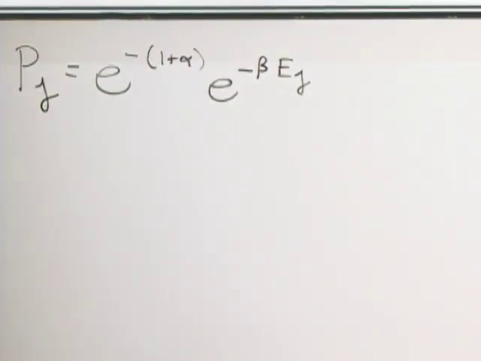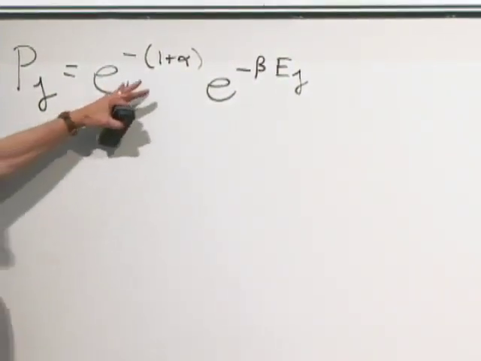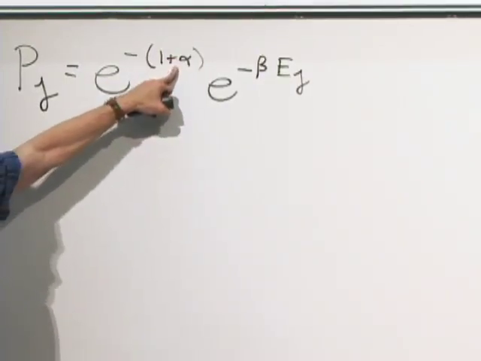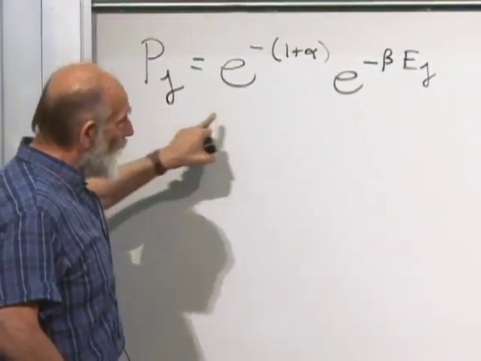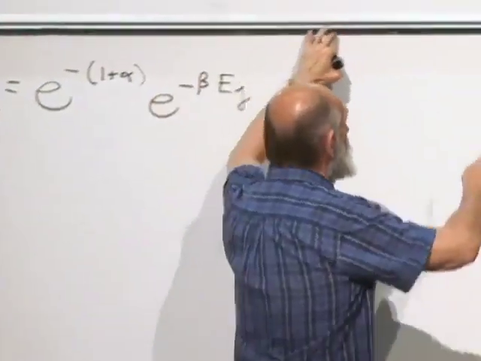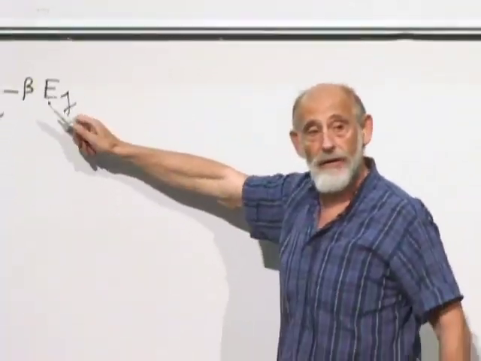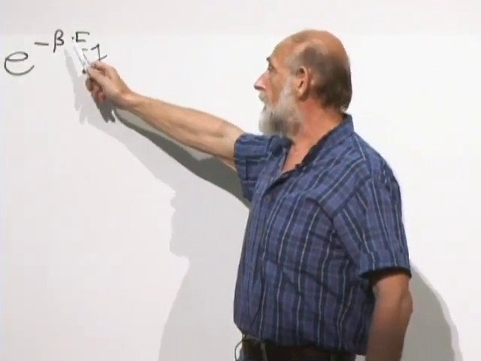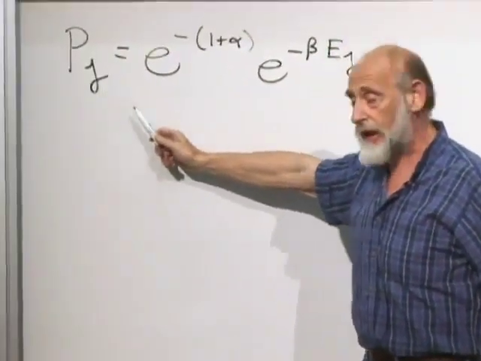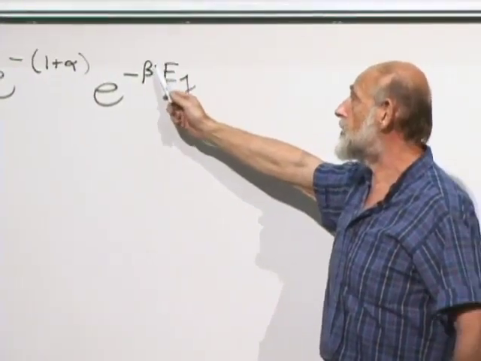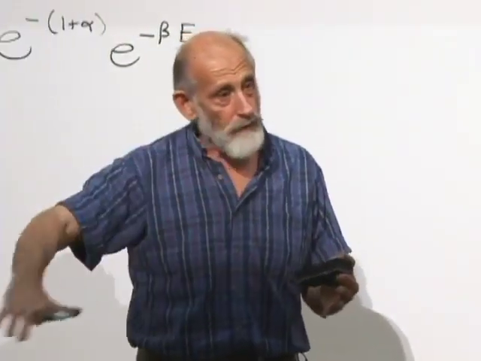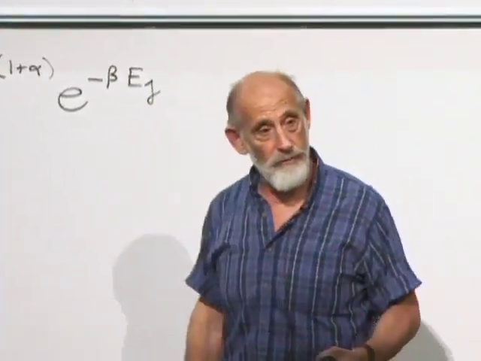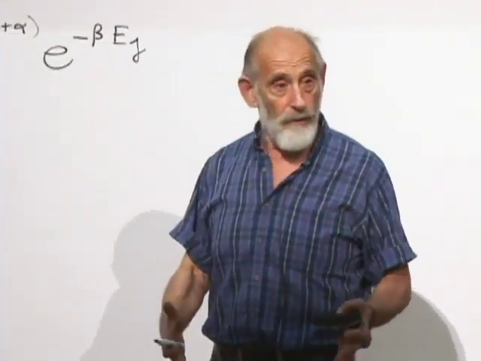Now, first of all, look at this for a little bit. This is just a number. Well, it's a number that depends on the Lagrange multiplier, but it doesn't depend on which state we're talking about. It doesn't depend on j. All of the j dependence, in other words, the dependence on which state we're talking about, is all in this factor here. And this tells us that the probability for the jth state is proportional to e to the minus this Lagrange multiplier times the energy. It tells us that the probability for different energy levels falls off exponentially as a function of the energy. That's the basic property of the Boltzmann distribution.